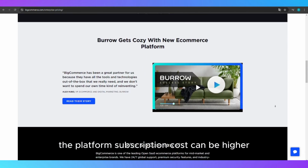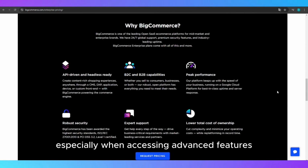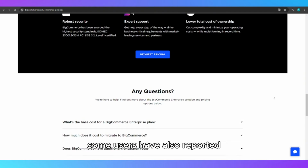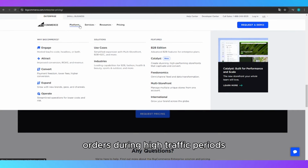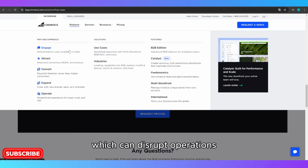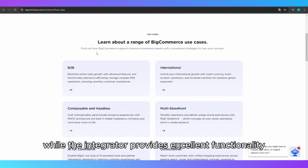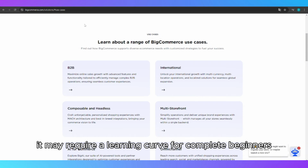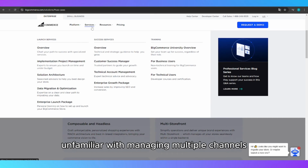The platform's subscription cost can be higher compared to similar tools, especially when accessing advanced features. Some users have also reported occasional delays in syncing orders during high-traffic periods, which can disrupt operations. Furthermore, while the integrator provides excellent functionality, it may require a learning curve for complete beginners unfamiliar with managing multiple